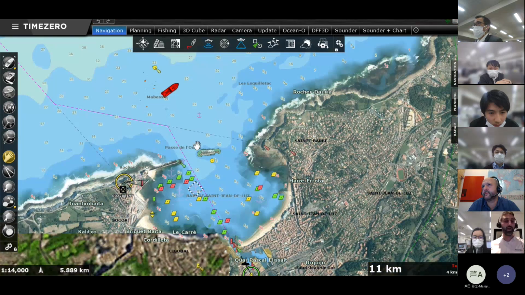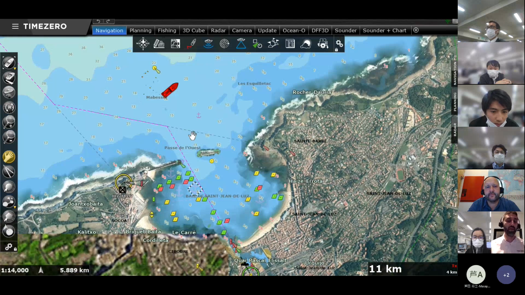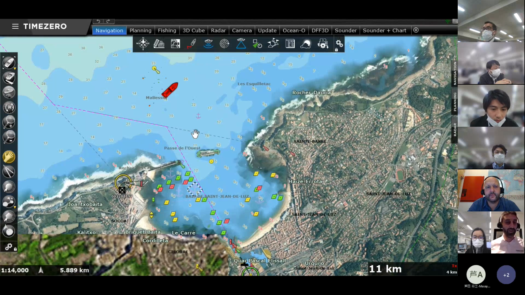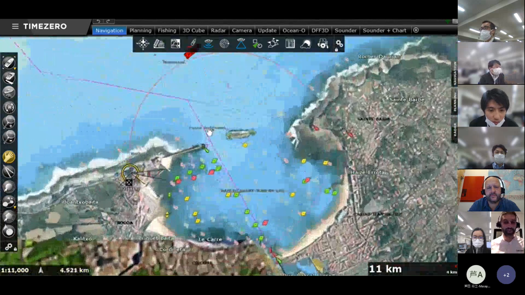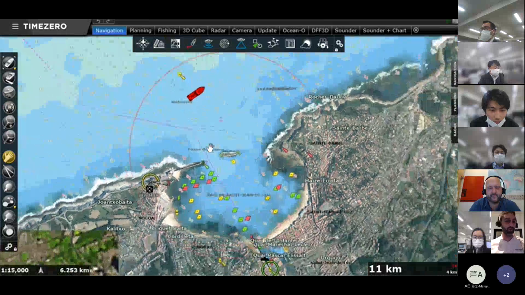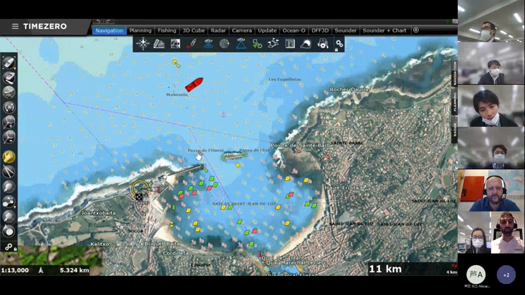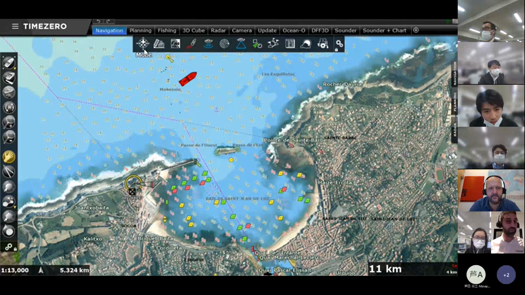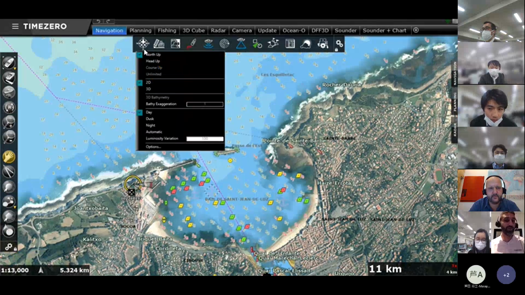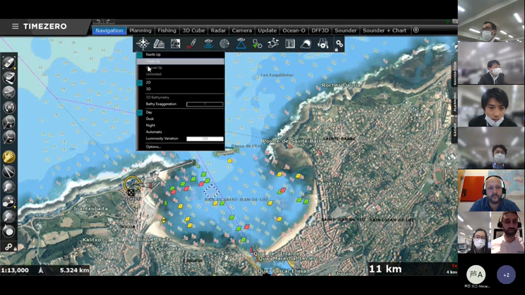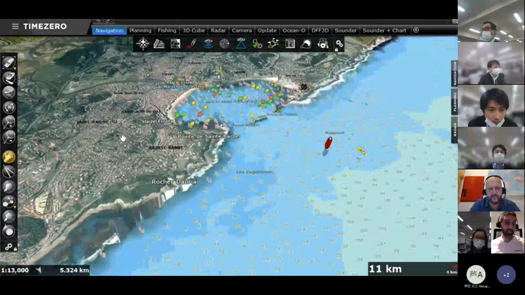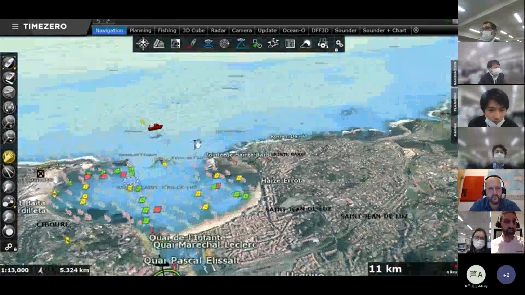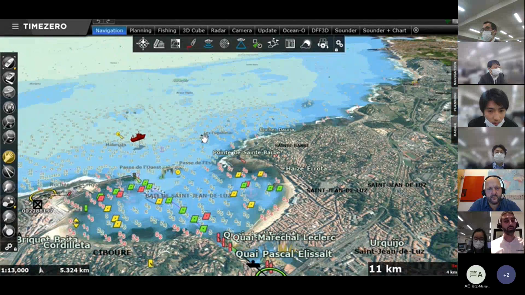I don't know if you had the opportunity to install and play with your demo license already, but we use a very powerful chart engine. When I zoom in, I zoom out. I don't know if you can see it well through Zoom, but there is no lag when I zoom in, zoom out. There is no redraw time. TimeZero is very powerful in that, and basically, this is why it's called TimeZero. It needs zero time to zoom in and zoom out, either in 2D or in 3D. This is also one of the key factors of TimeZero's success around the world: the powerful chart engine.